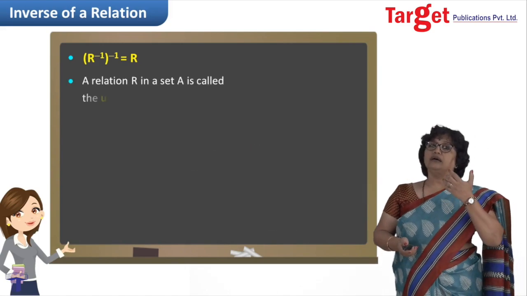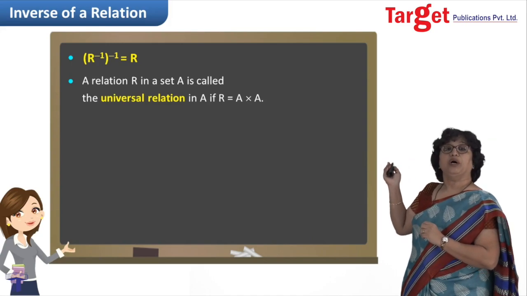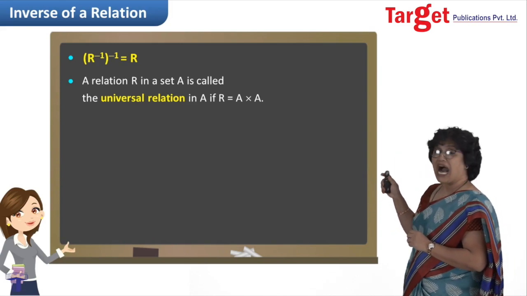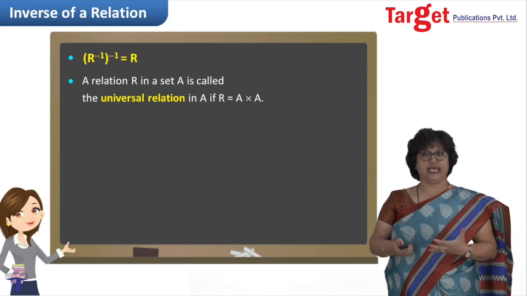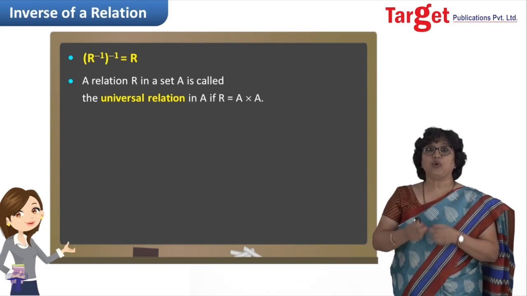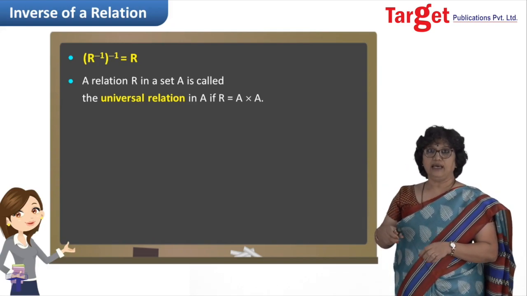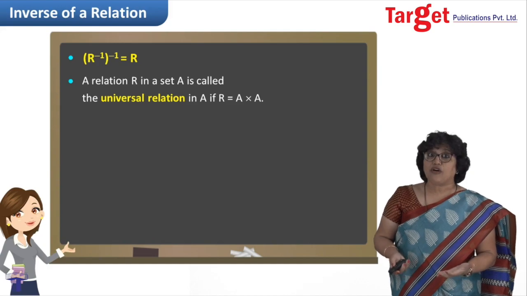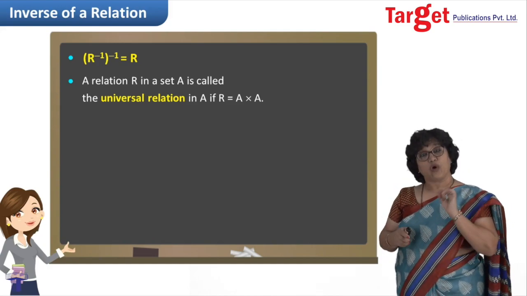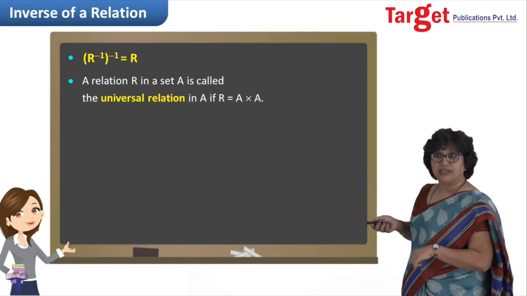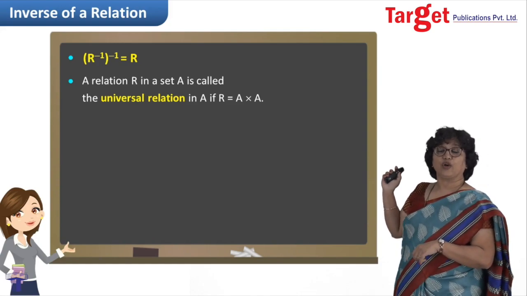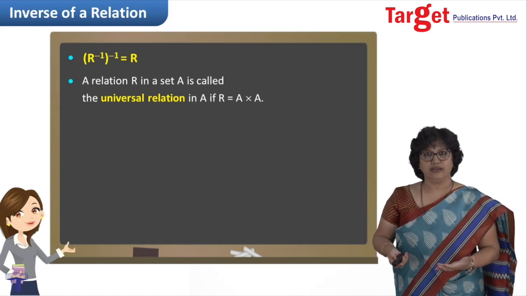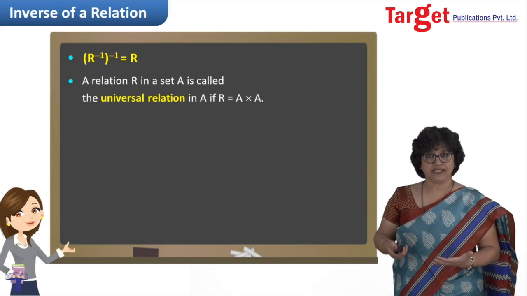Now, I am writing here some new type of relation, and it is nothing but the universal relation. That universal relation R is nothing but A cross A. Means to write A cross A, you have to write all possible ordered pairs, right? And then relation R is normally a subset of A cross A. Now here, if you want that relation R to be a universal relation, then it should be the same as A cross A. Means if you start writing that subset, and it turns out to be nothing but A cross A itself, then this relation would be the universal relation.